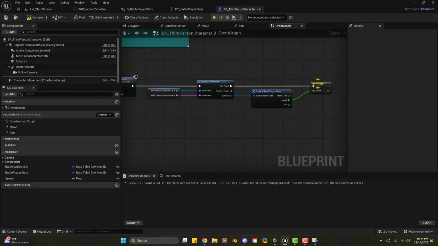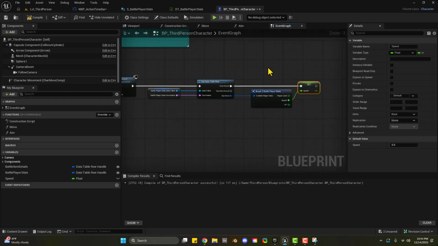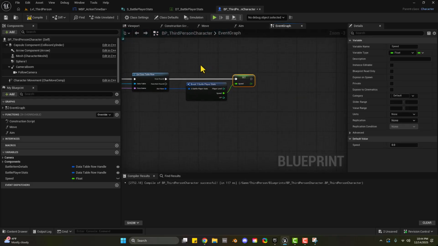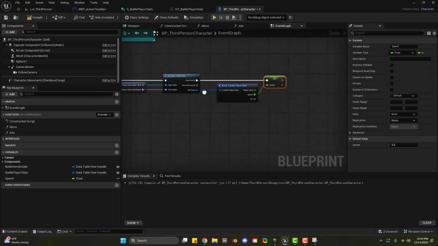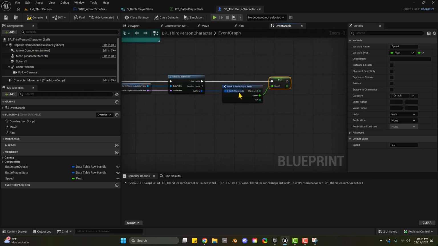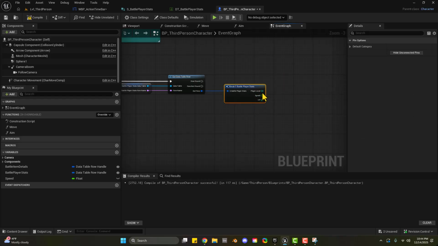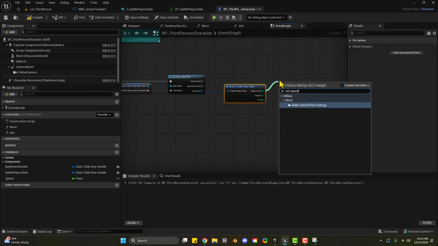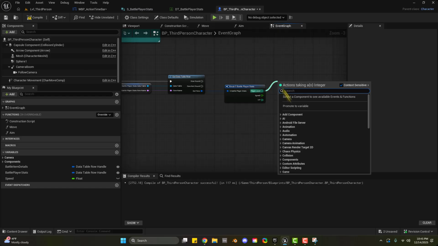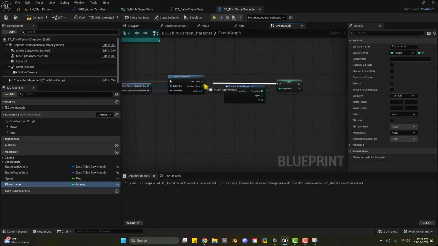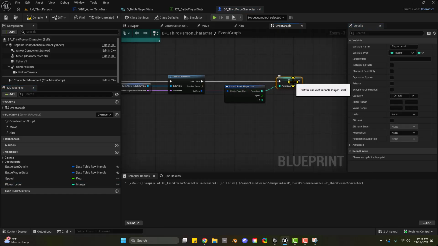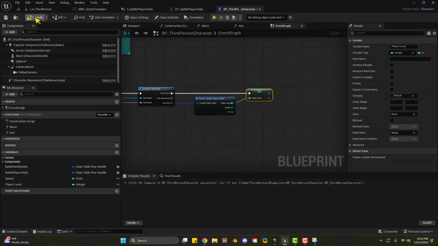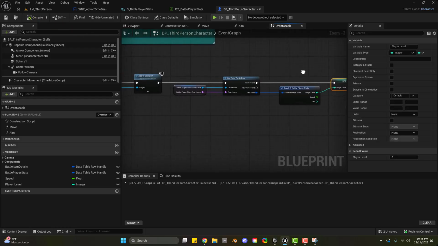So I don't think set speed is the right way. What if I do this? So we set the player level, which is based on, I mean,